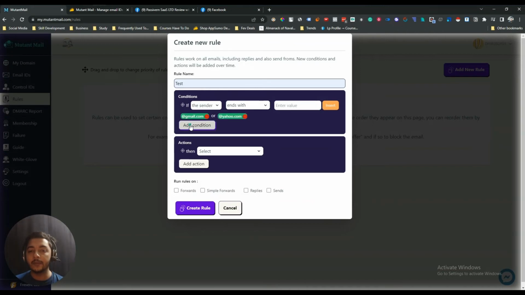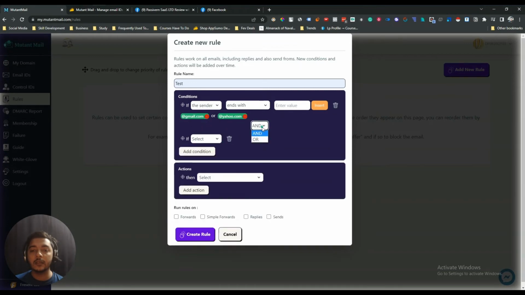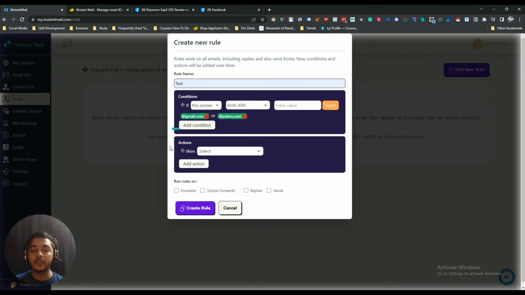Then what will happen? You can add more conditions here if you want. See, here you can select "and" or "or" if you want, but let's say I'll keep it simple. I'm adding only this condition, and then what will happen? Here you have to select it in the action section. So then let's say